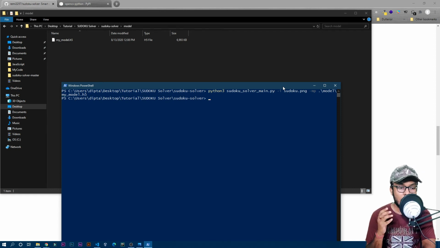That is because I don't have python3. I have Python 3.8, but it is the default one on my device. Since I don't have Python 2 or any other Python versions, I can just write python only. I don't need to write python3 to run this Python file, because I have only one version of Python. Now if I run it,